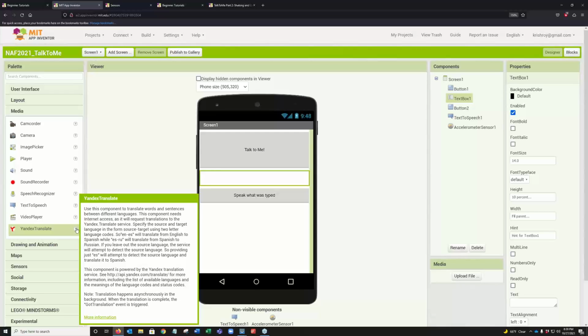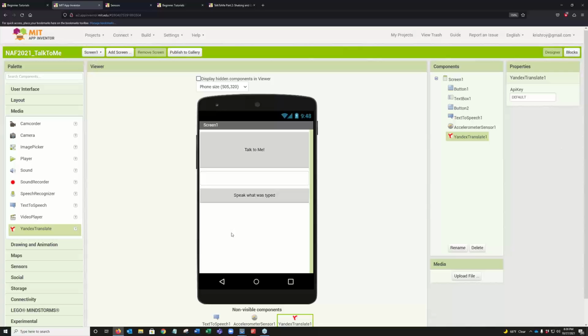This is kind of like a service, meaning you send out your text that you want to translate to this Yandex Translate server. It translates it. It sends you back a text, which is the translation. So I'm going to now add this, and then